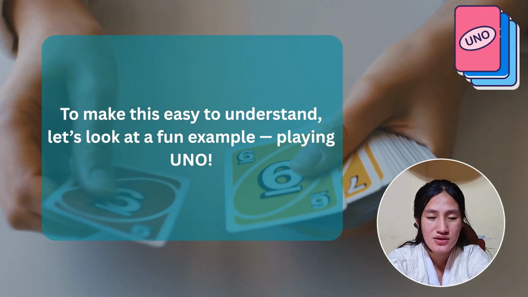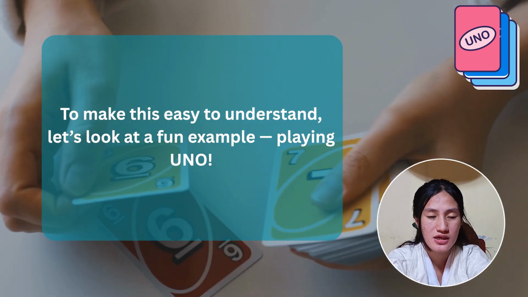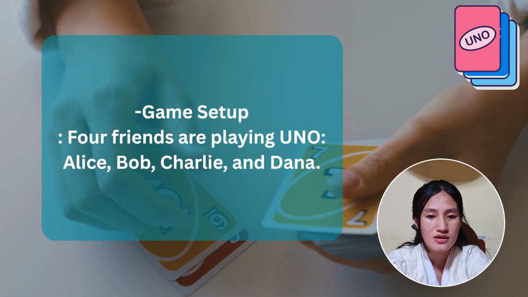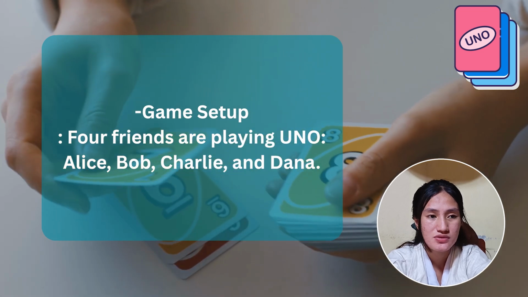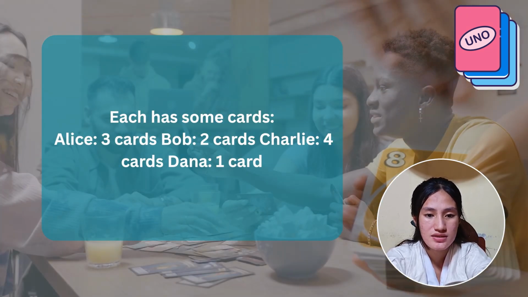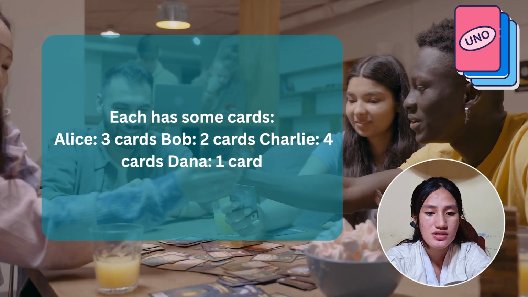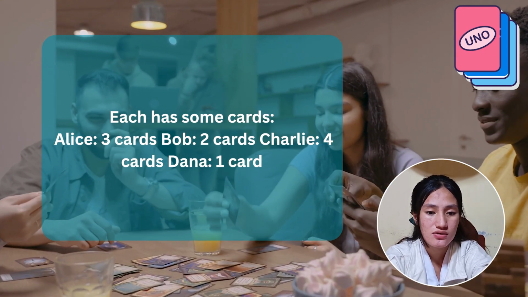This cycle repeats continuously until all the processes are completed. To make this easy to understand, let's look at a fun example, playing Uno. Game setup: four friends are playing Uno, Alice, Bob, Charlie, and Dana. Each has some cards. Alice has three cards, Bob has two cards, Charlie has four cards, and Dana only has